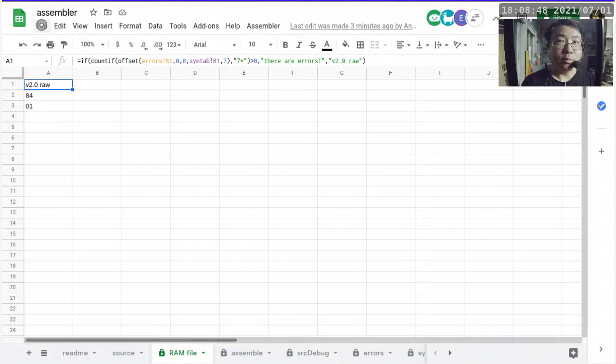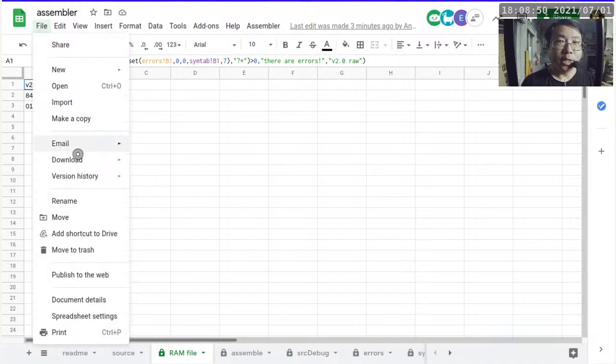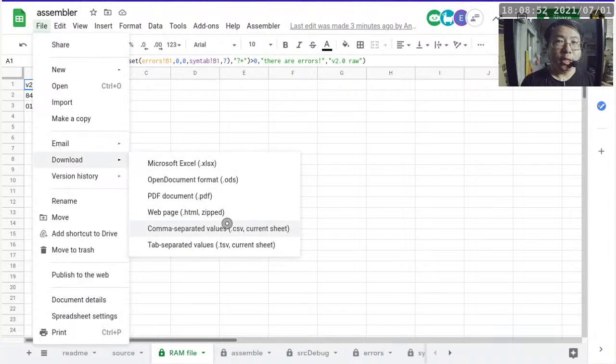Okay, so you go to File, you go to Download, and you have to select one of these two. Okay, either a CSV, a comma separated value file, or a tab separated value file. I would use a CSV, so I always use CSV when I download. So click on that one,